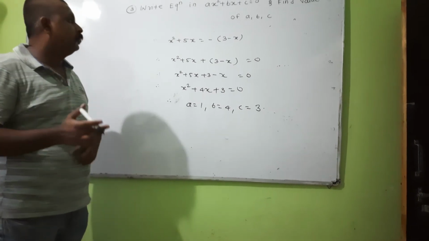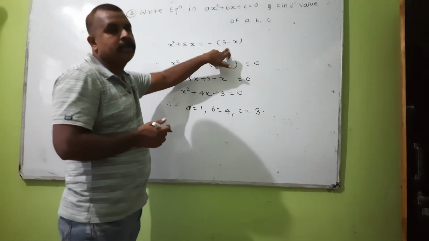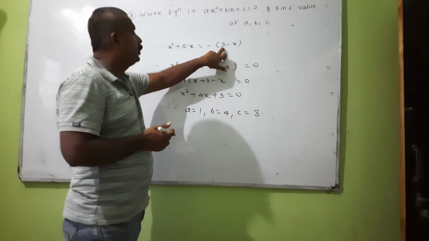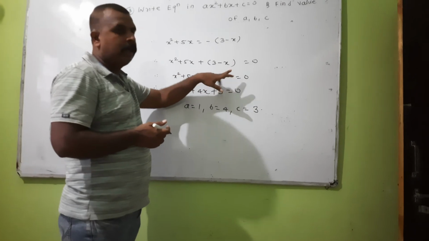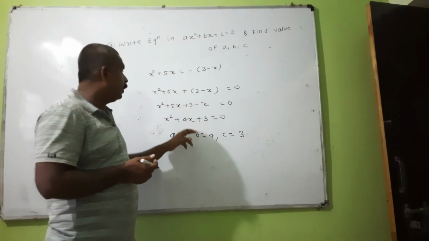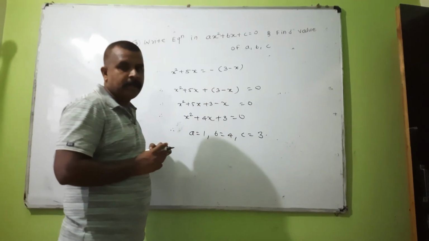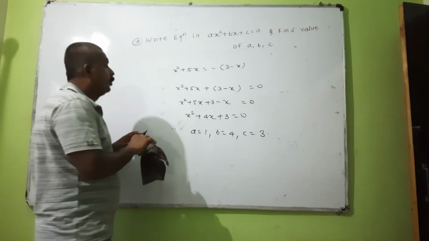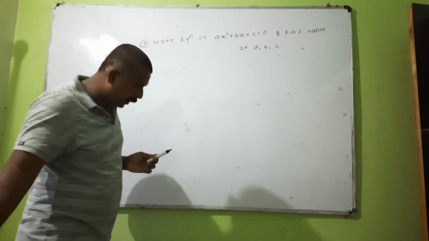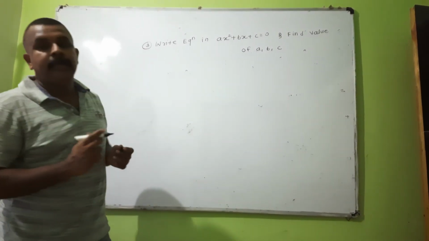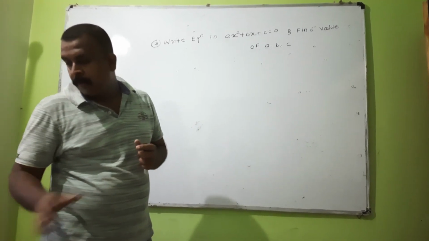Okay. So if you want to use another method, we can also multiply this minus 1 with each term individually. So this becomes minus 3 and this becomes what? Plus x, because minus minus plus. And when we shift there, plus 3 becomes minus 3 and plus x becomes minus x. Okay? So you can use any way here, but your answer should be correct. That is so important. In mathematics, the way is not important, the answer is important, and in each step you should follow the proper rule.